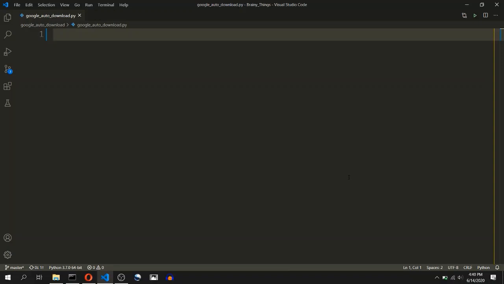Do you want to download thousands or even millions of images from Google automatically? Do you want to create an image dataset for machine learning or for some other task? In this video, I will show you how you can write a very small Python script to automate the downloading of the images from Google or any other search engine. You can even use the same automation concept to do a variety of lengthy and boring tasks.